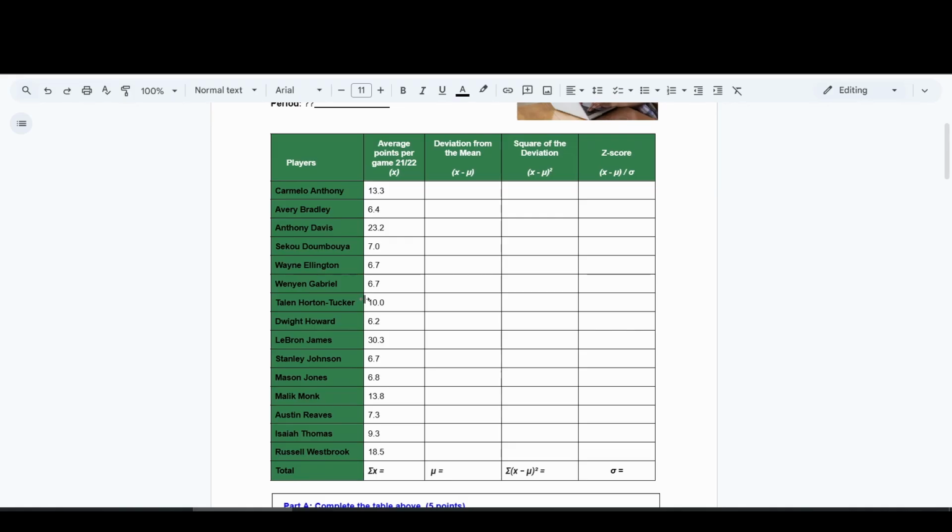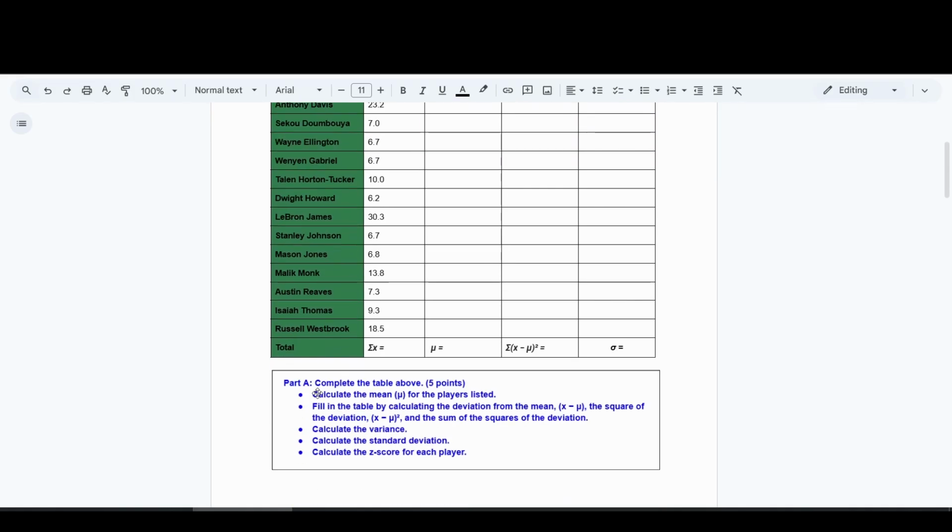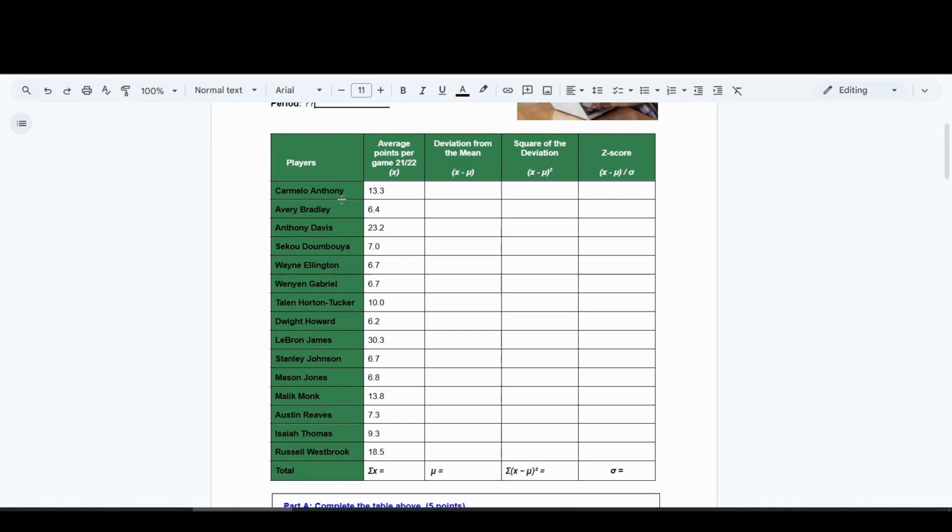And the first question here is saying complete the table above, calculate the mean for all these players, and we'll fill in the table by calculating the deviation from the mean, the sum of the squares. We'll skip the variance, but we will do the standard deviation and the z-score for all of these players. So this is the team roster for the Lakers in 2021-22, and we're looking at the average points that they